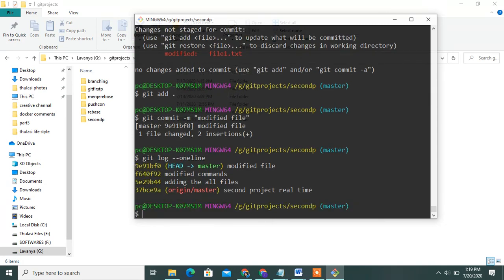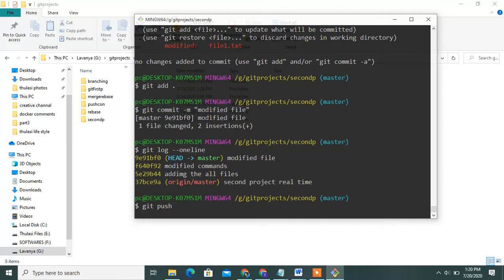These are all 4 commit IDs. Then push to the git remote repository all commit IDs.